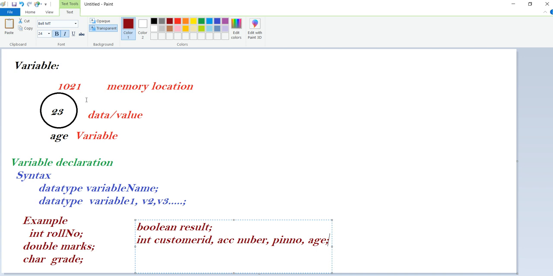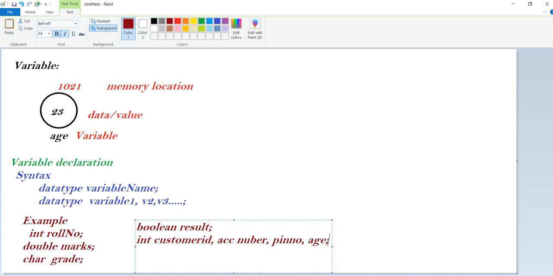Once that memory for the variable is allocated and we do not specify any value to that variable, then the variable will automatically contain its default value. Just now I said customer ID, account number, pin number, age.